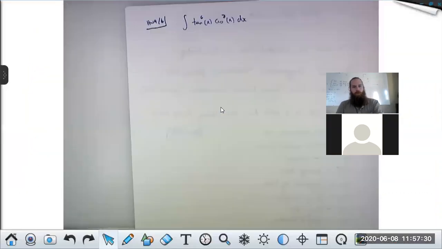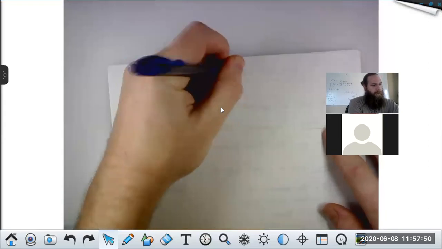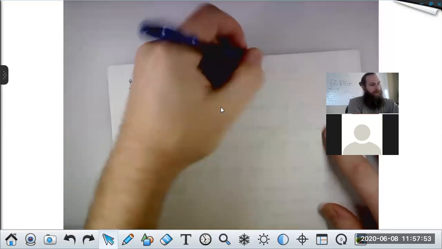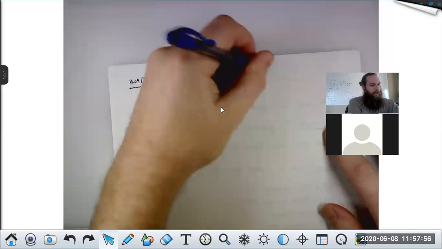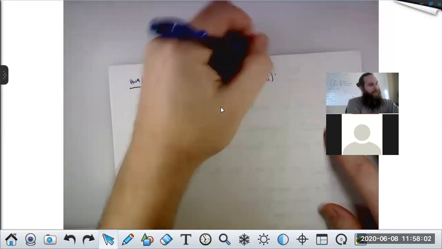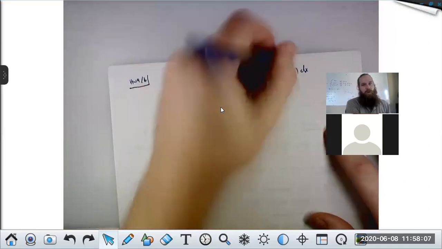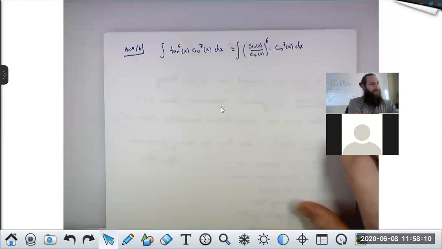So at a glance, this problem doesn't appear to be one of the problems we learned how to solve. It's not a power of sine times a power of cosine, or a power of secant times a power of tangent, at least at a glance. But I can write it as a power of sine times a power of cosine by rewriting tangent as sine over cosine. So the 6th power of tangent, that's sine x over cos x all to the 6th times cos to the 7th x dx. So this is how I would get started on number 6,